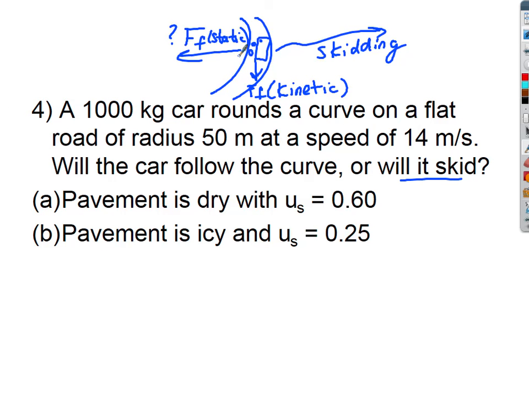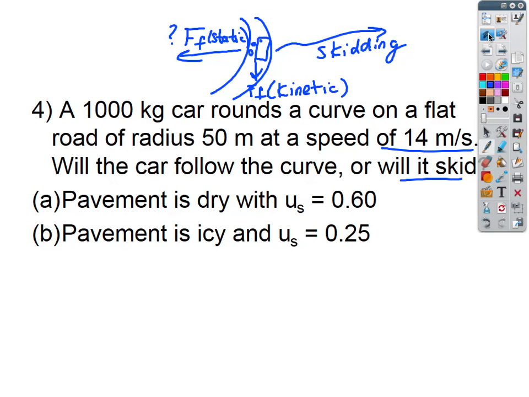All right? And so there are a couple ways to solve this problem. It's asking, based on this speed, will you skid out when the coefficient of friction is 0.6? Will you skid out when it's a lot less, when you're on an icy surface and the coefficient is 0.25? Okay? So I'm going to show you how I like to solve it. If I have time, I'll try to solve it the other way that I know students like to solve it as well. The way I like to solve this is in one step, basically,